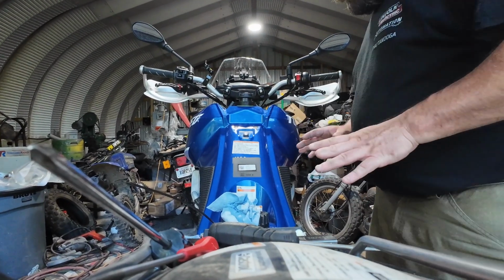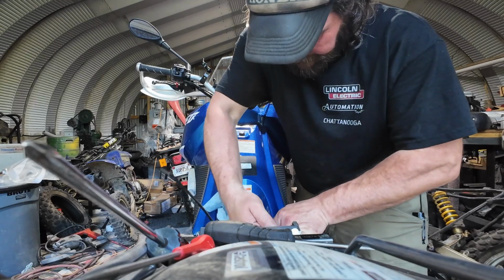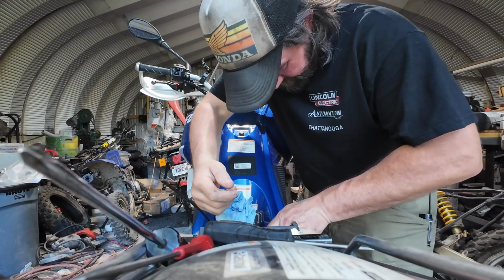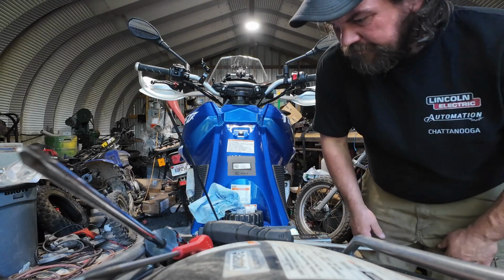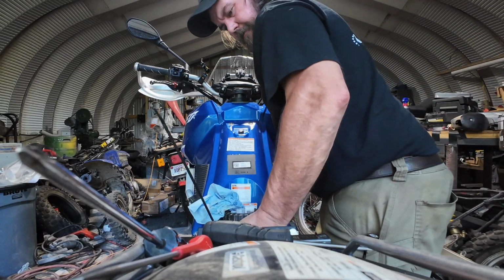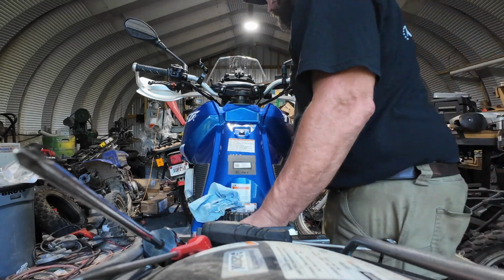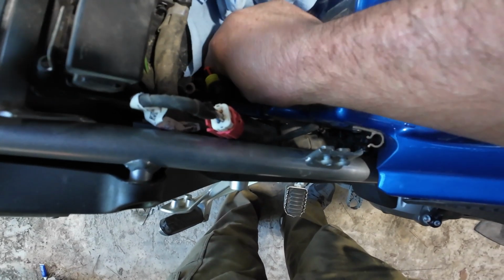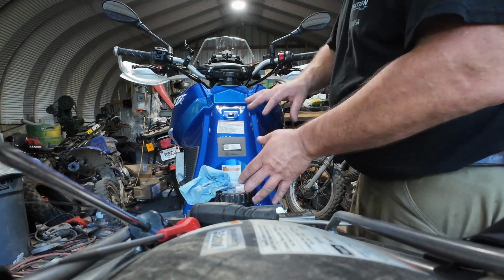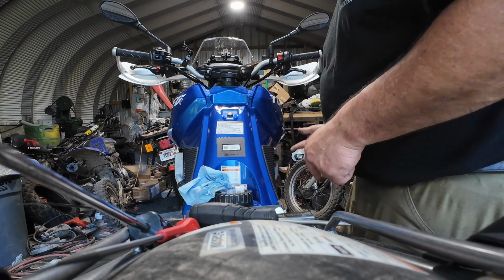Alright. Now we got all that done. The front of the tank is loose. The rear, I don't think there should be anything else holding the rear on. No, it's coming forward slowly. I guess it's just a pretty snug fit on these rubber bushings. I don't know. Those don't feel like they're supposed to come off. So I'm gonna try to push the tank forward so I can lift it up and see if I can get better access to be able to take this hose up here off where it connects to the motor,